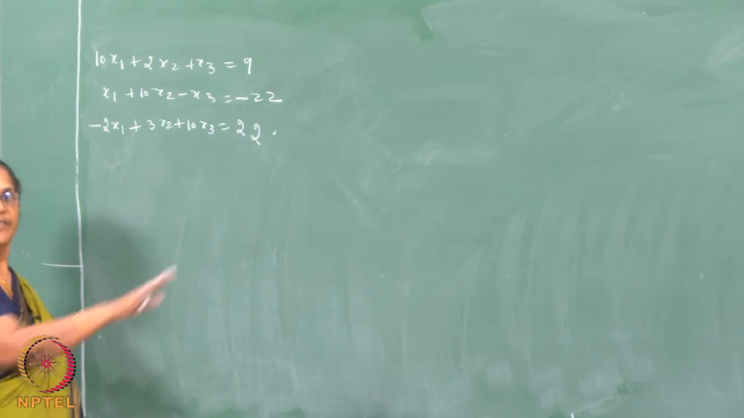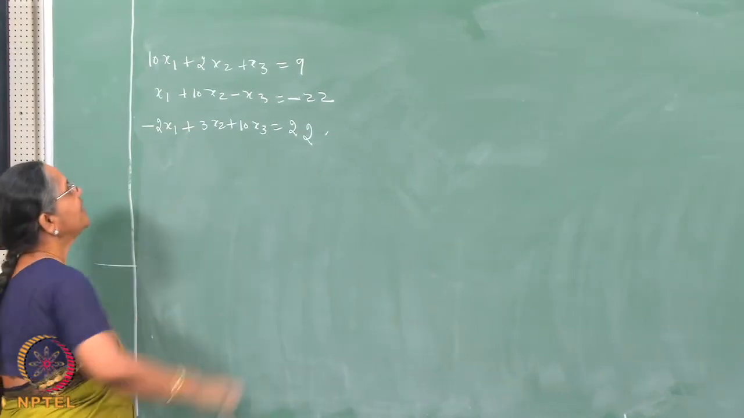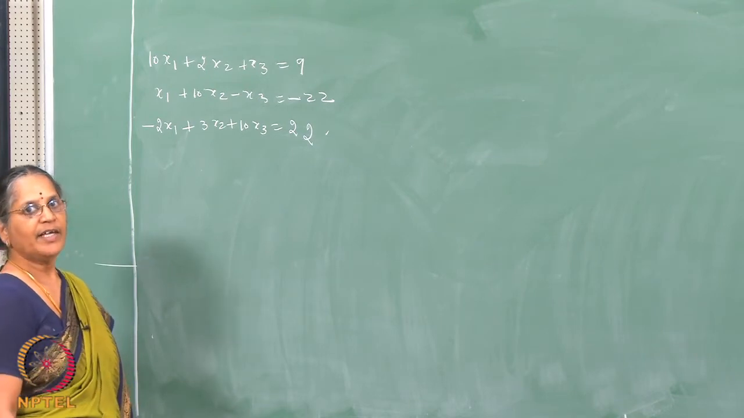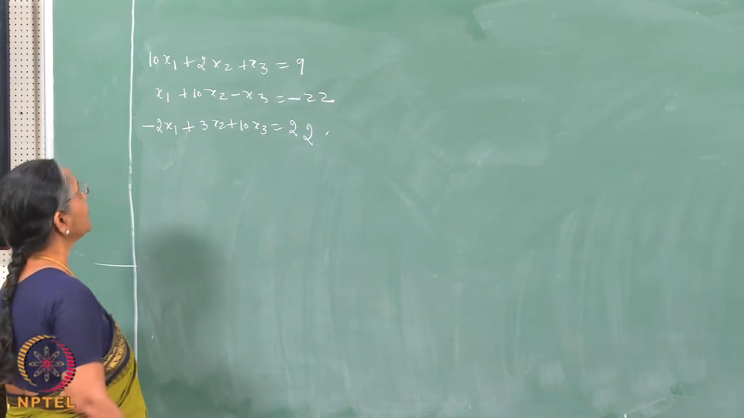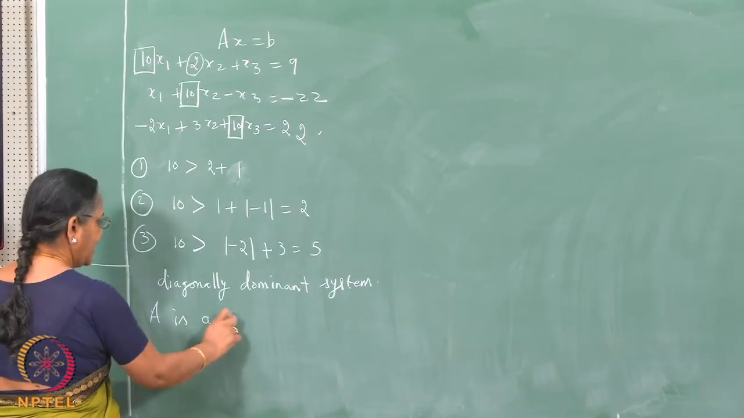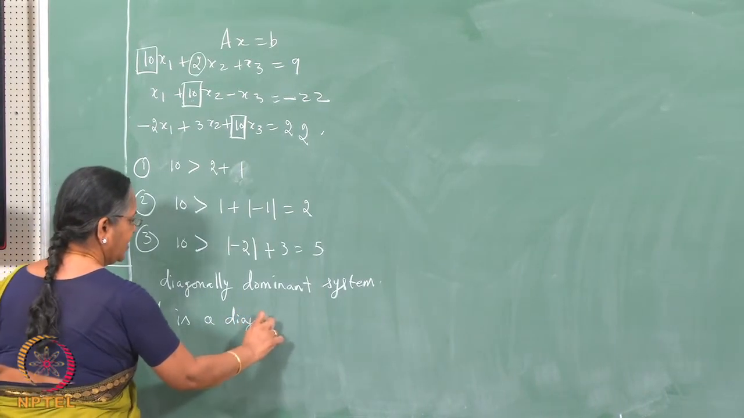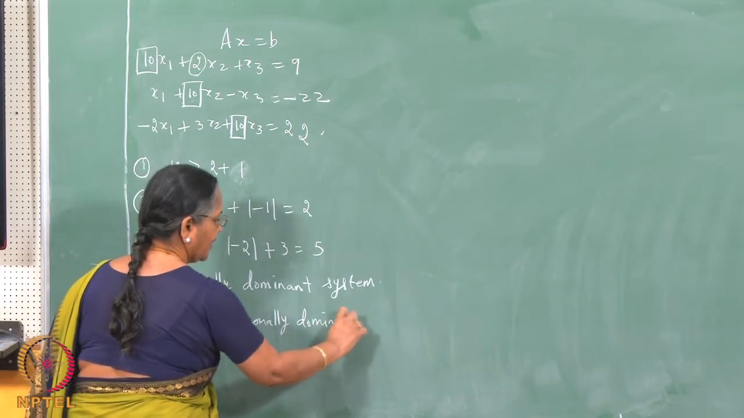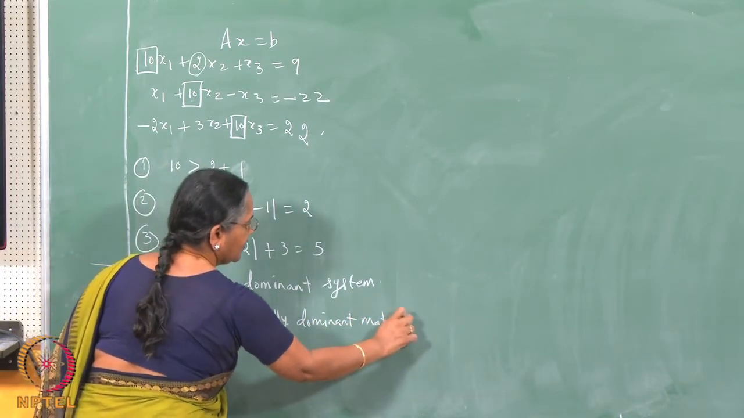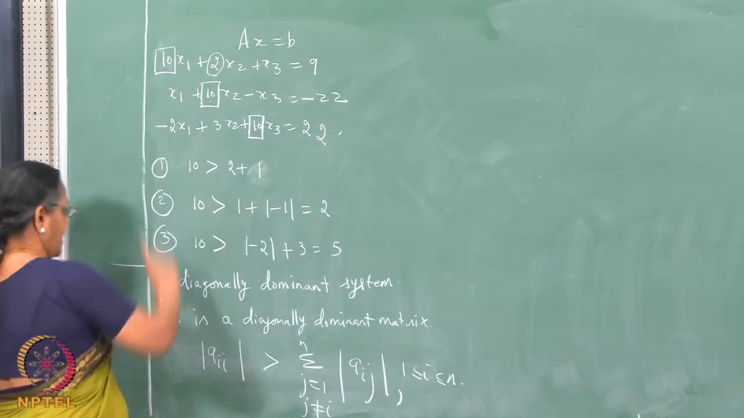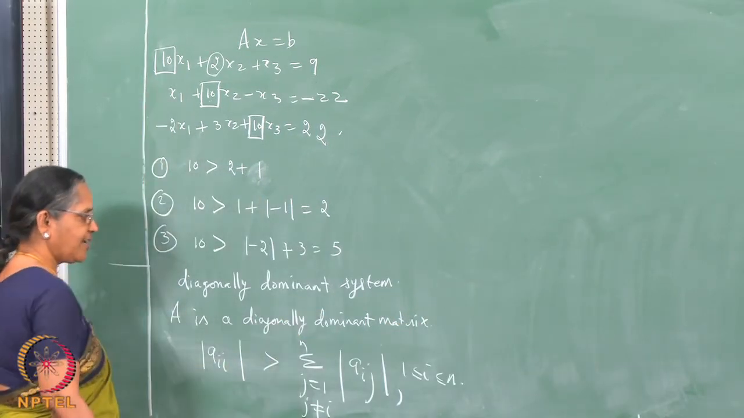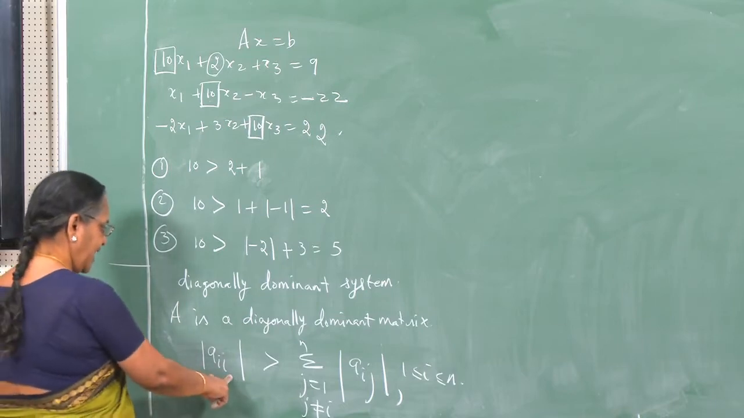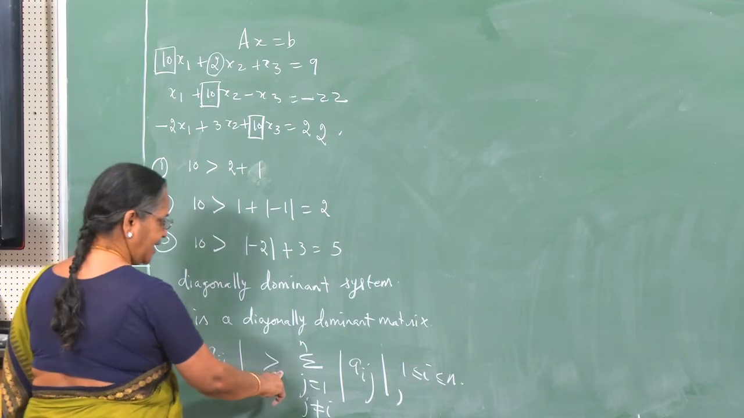So, we are given a system of equations, namely 3 equations in 3 unknowns. We observe the following from this system. A is a diagonally dominant matrix. The matrix A is a diagonally dominant matrix and it has the property that modulus of aii is greater than